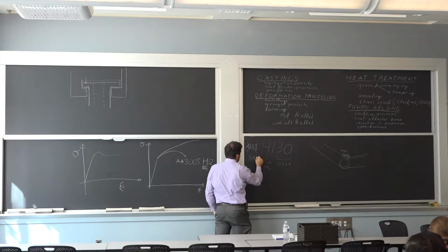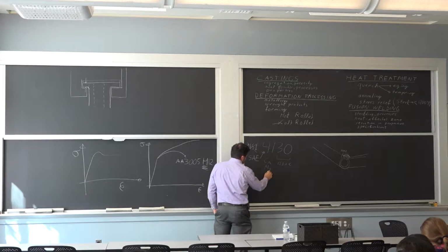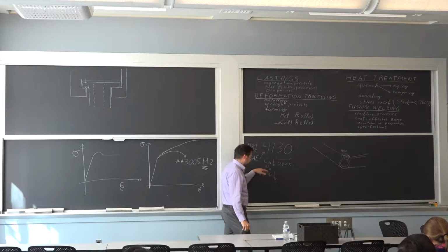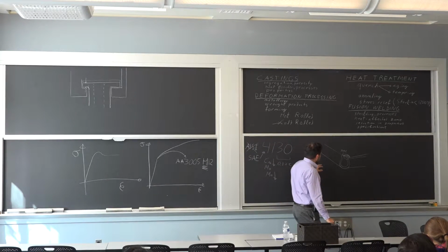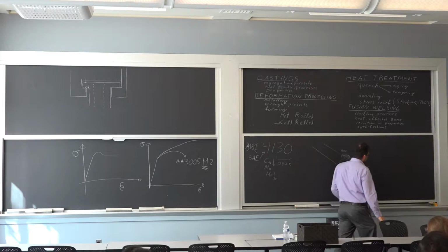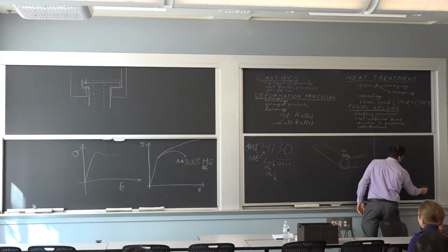with the SAE definition of a 4130. And for that, there's manganese here too. They reduced the manganese content, they reduced the chrome content, which you're allowed to do, and they're able to weld this. So one thing that I know was a little difficult to follow, and I think it's going to be